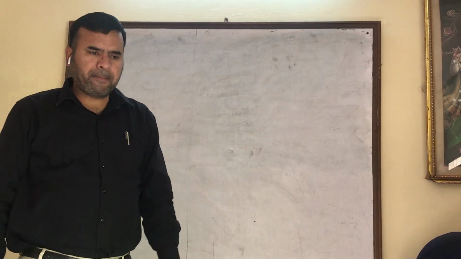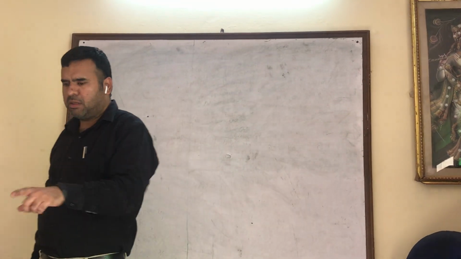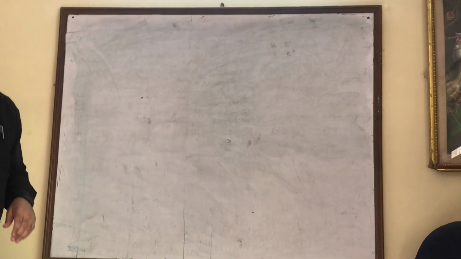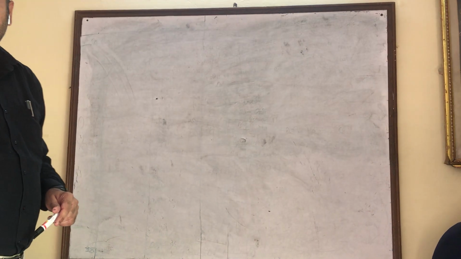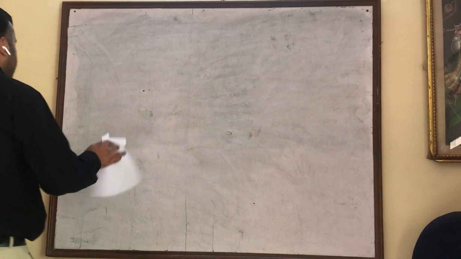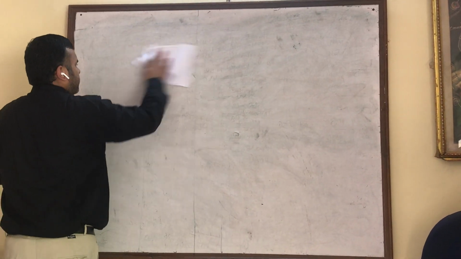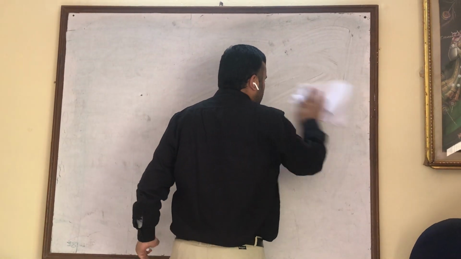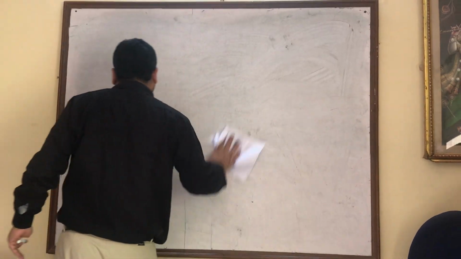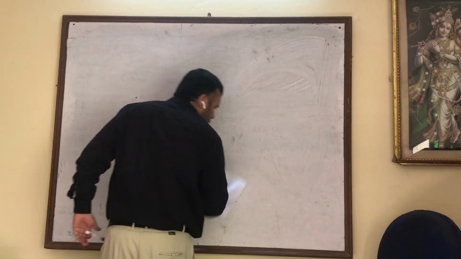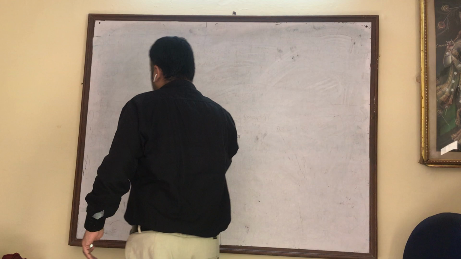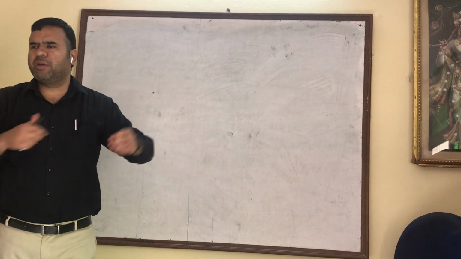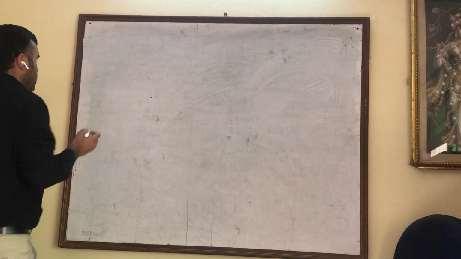Class, I'll give you some examples with the help of which you can make formulas. I need a blank page. This is a very important topic, my dear students, because it is helpful in class 10th as well. If you don't know how to make the chemical formula of a particular compound, you can't do balancing, which is there in the first chapter, chemical reactions and equations of class 10. So please pay attention.